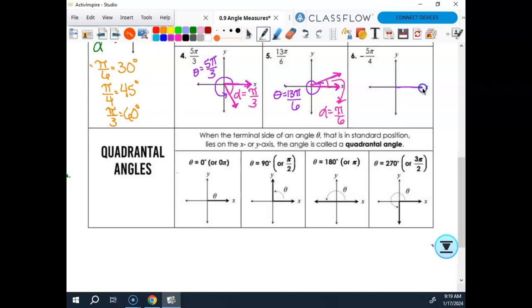Negative 5 pi 4ths. So I start at 0. It's negative, so which direction do I go? Clockwise or backwards, yeah. So I'm going to go, this is 0. This will be 4 pi 4ths. So how many more do I go? Yeah, 45. I go pi 4ths, which is 45 degrees. And I end up right there. And theta is equal to,